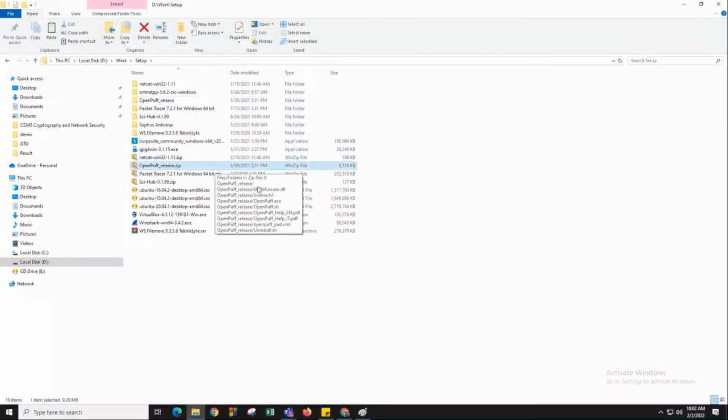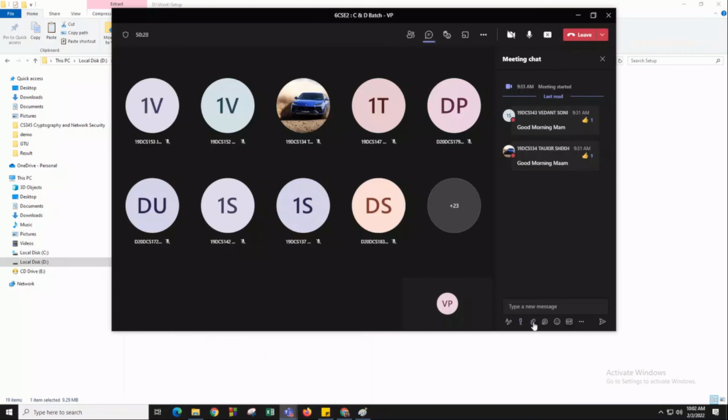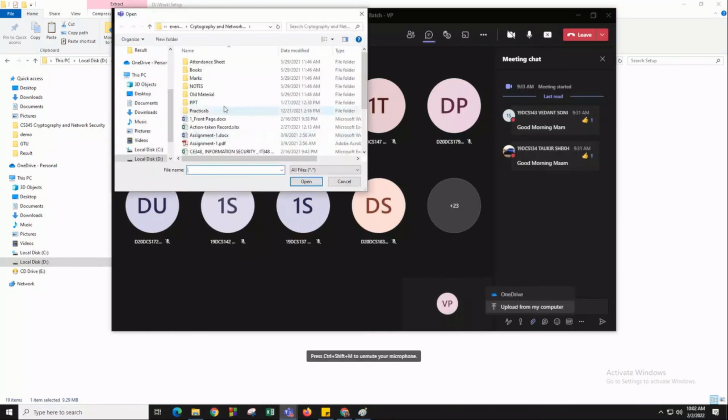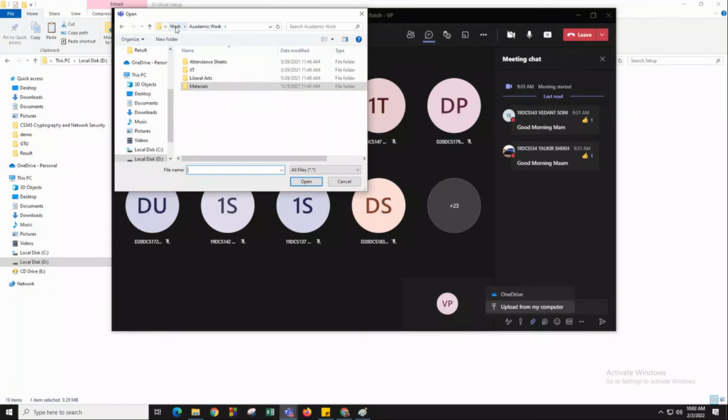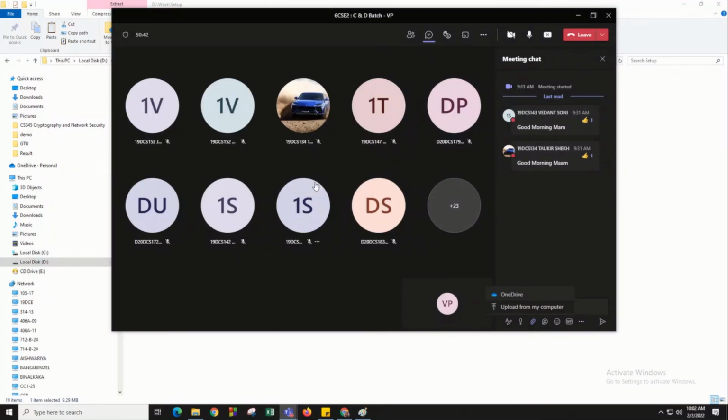I'm just providing you this zip file, and then you can install or unzip it and try the things on your own.